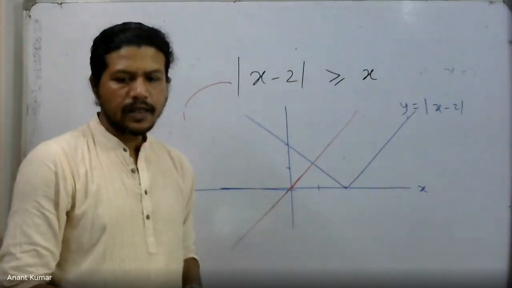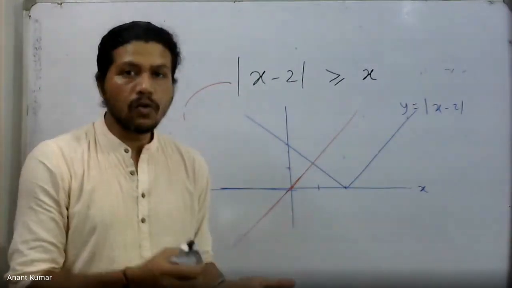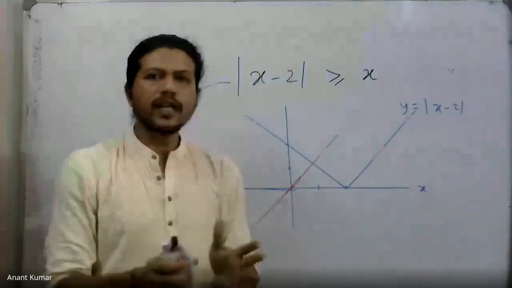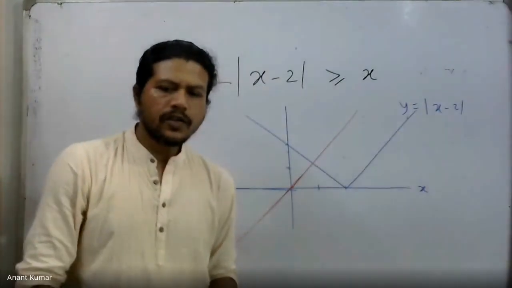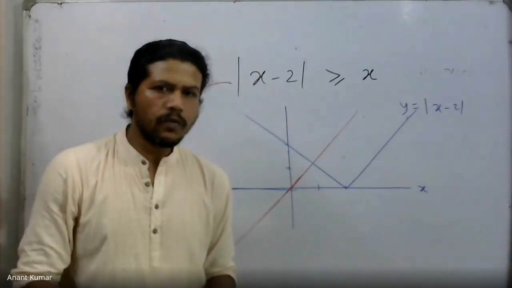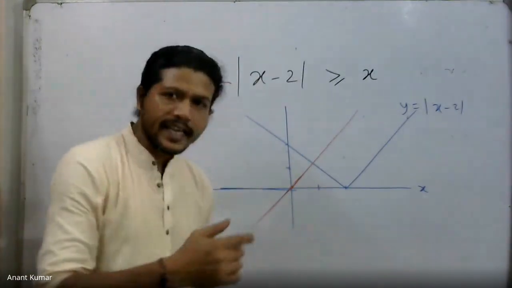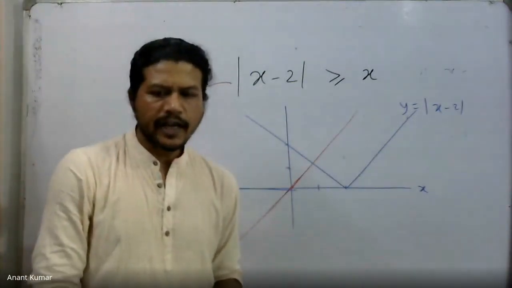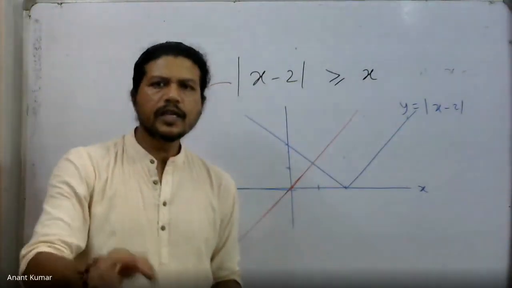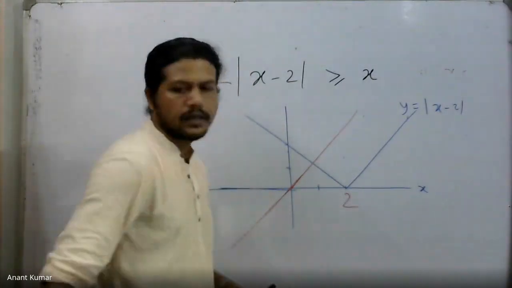Well, you apply the definition. It turns out that whenever you talk about mod of any quantity, not only x, mod of any quantity q, whatever is inside a modulus, you just need to take up when is that positive and when is that negative. In this case, I look at when is x minus 2 positive. So x minus 2 is positive when x is more than 2, and negative when x is less than 2. So 2 in this case is the corner point. It has simply shifted over here.